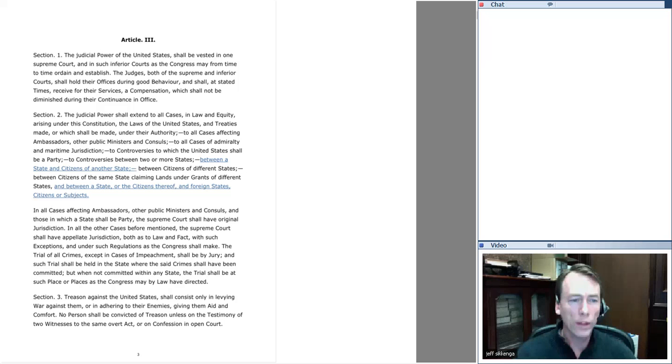So one thing I would say is Article 3 is designed to create an independent judicial branch. The first thing we see is it's independent in constitutional status. It's created here in Section 1. Congress doesn't create the Supreme Court. Congress can't abolish the Supreme Court. It has separate independent constitutional status. Whoever was reading, if you would keep reading for us there where you left off.